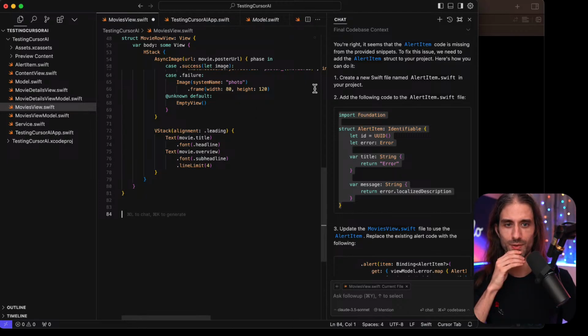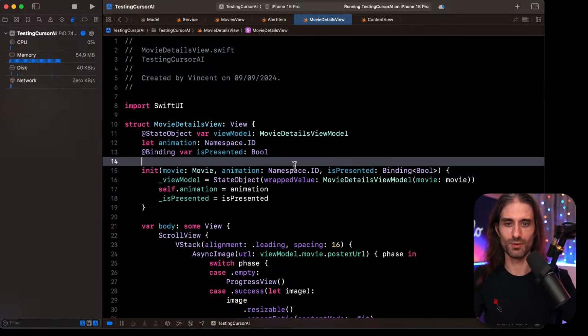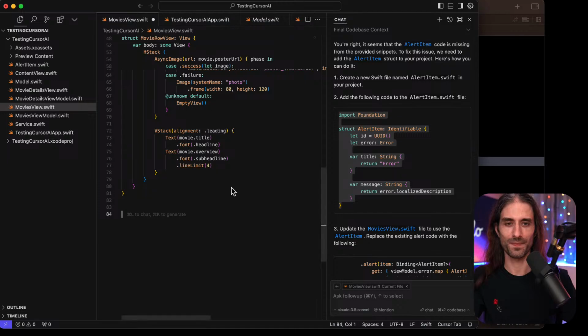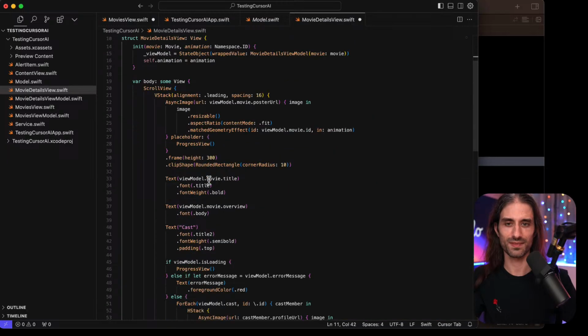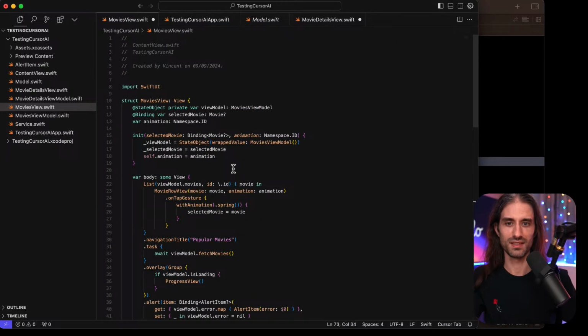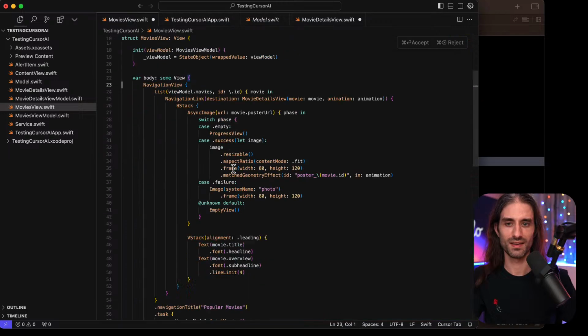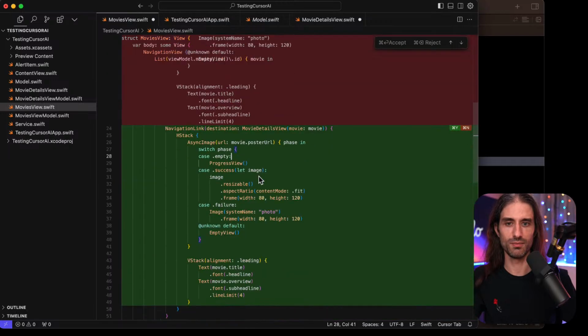So now I would love to put it back in the state that it was before, because I should have made a commit. I have been stupid, because if I go into this view and I do Command Z, I have nothing. Maybe if I go here and here, yeah, I'm gonna do some Command Z. I can even go back to before I added the match geometry effect.